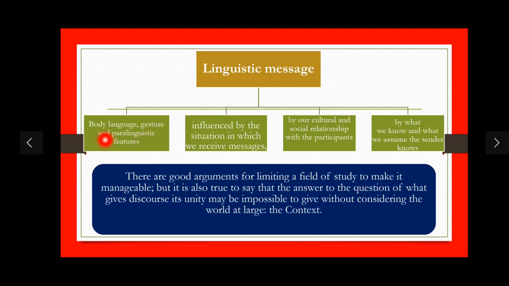By body language, we mean what somebody is doing with their face, with their hands, with the body when they communicate or send a message, or what someone is doing with the voice, whether rising intonation or falling intonation. In other words, what is the pitch